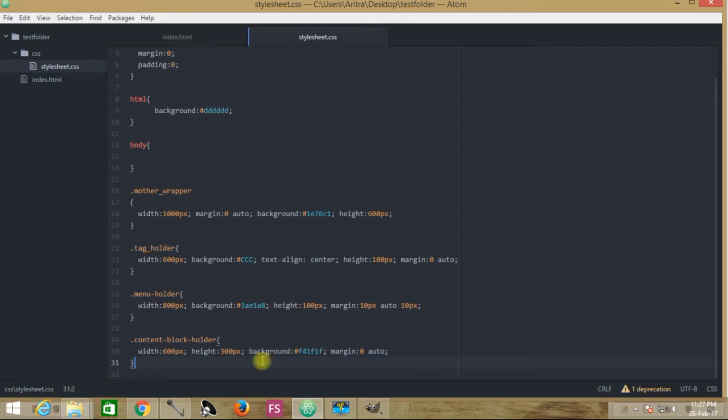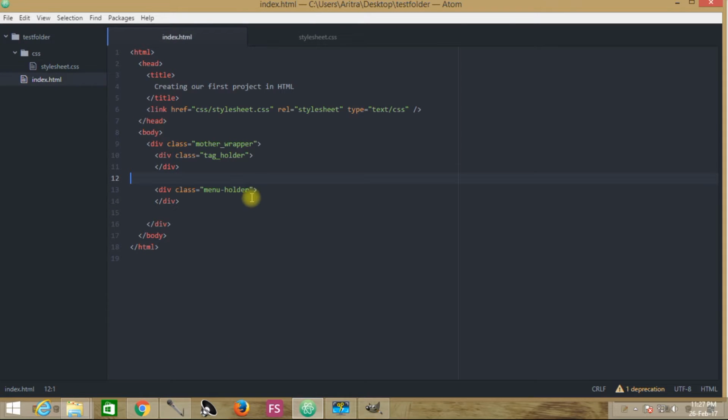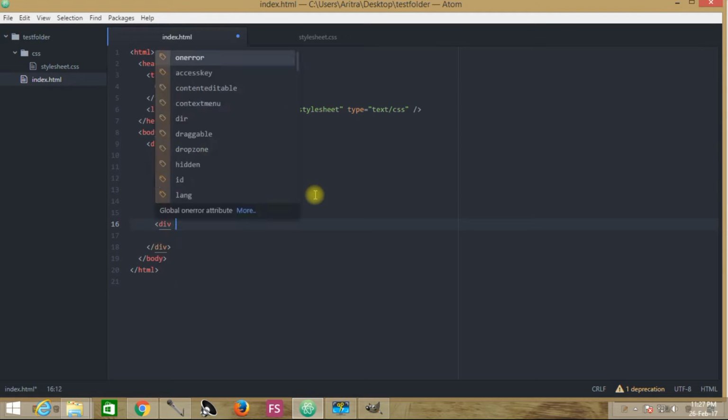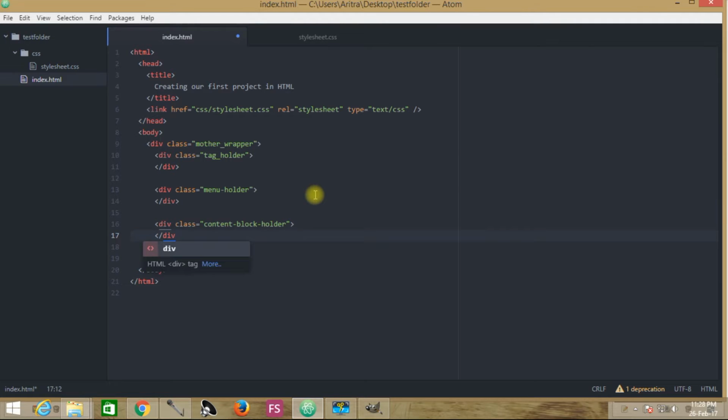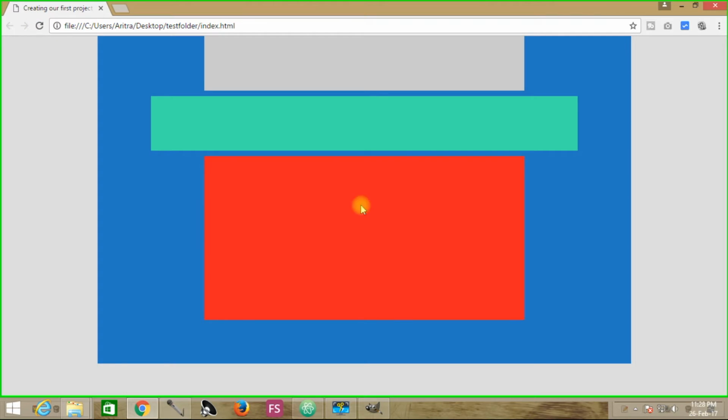Now you are copying this class name, getting back to index.html, and this content block holder is actually coming below this menu holder. So that is why you need to create another div over here. Press Ctrl S, get back to your project, reload, and you see that the content block holder has now been created. And as I told you previously, there is a 10 pixel gap from the top, from this menu holder element.